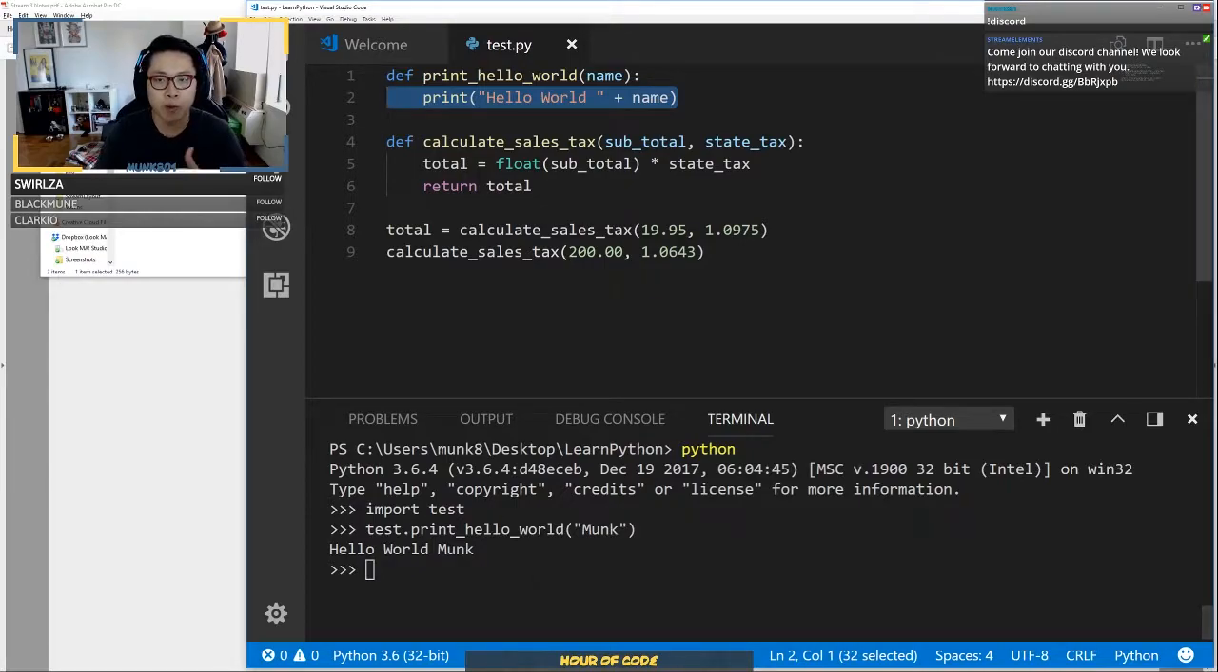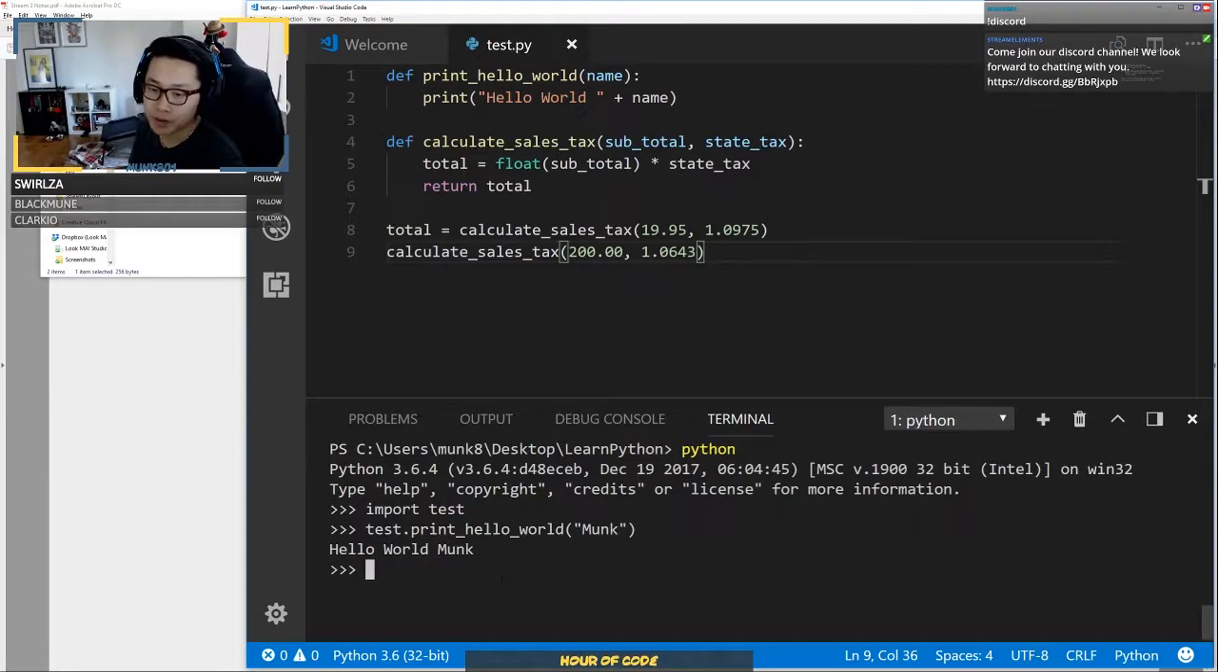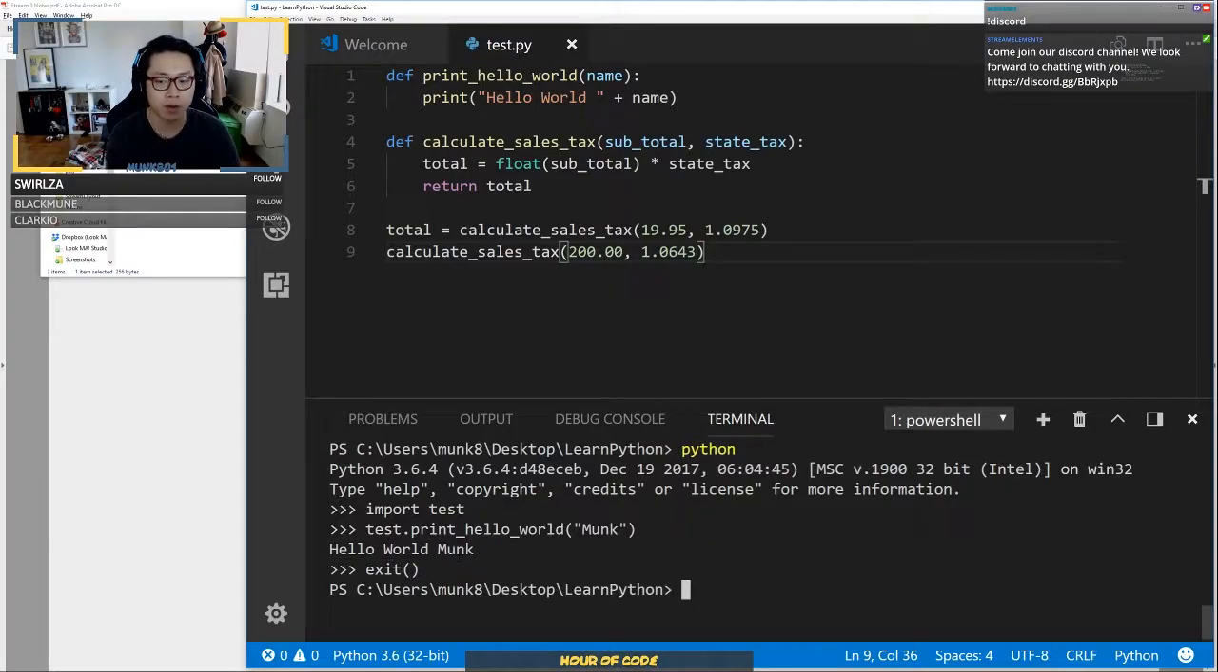So we can write a bunch of code, functions and stuff, and we can go back in here and then run those pieces of code. So that's really nice. Now, the reason we had to call test dot is because we imported the test module. Now, another thing we can do is if we don't want to have to say test dot,